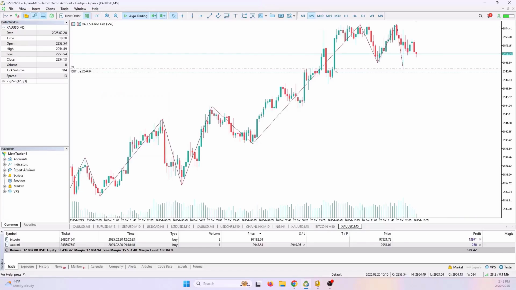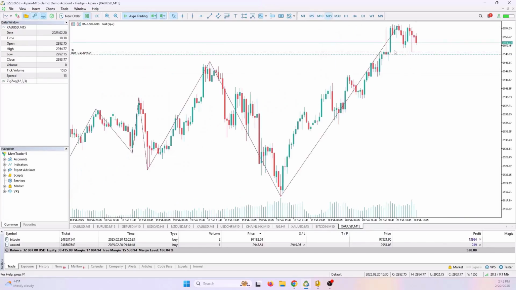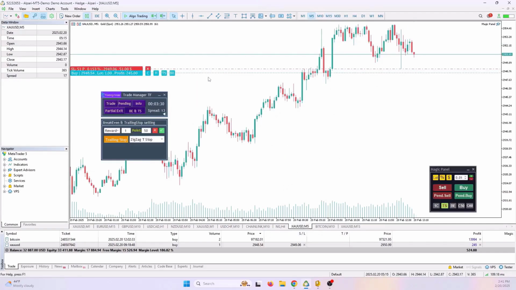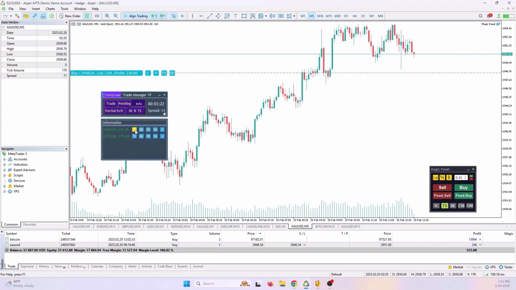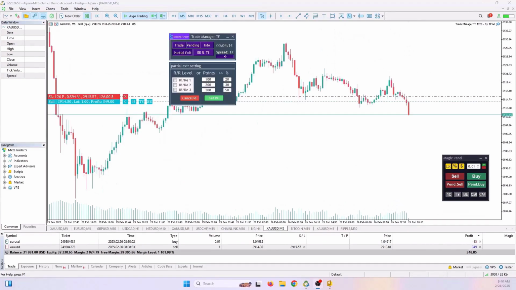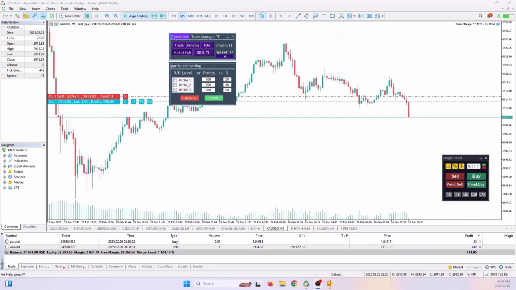And if the value of this pivot in the time frame, for example, let's say we set the 1-minute, is lower than the entry point, then it sets the stop on the entry point. For example, here I set this on the 1-minute, then it returns this message again, and I turn off this bot. In the partial exit section, using risk to reward or points, we can specify a range that, if